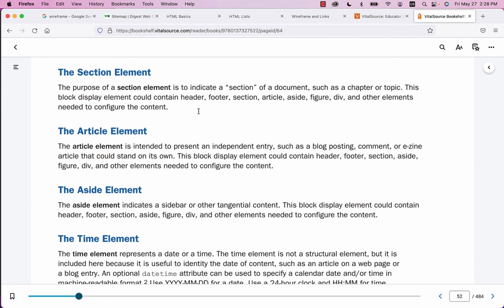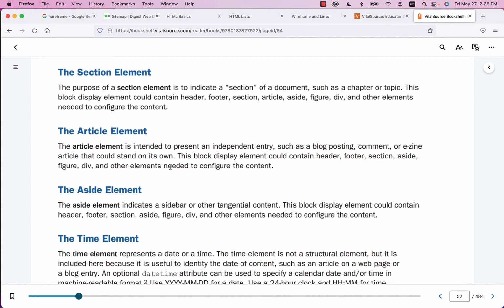So there is a section element. The purpose of a section element is to indicate a section. It's very similar to working with a div. So if you are wanting to group content, you can pick whether you're going to use a section or a div. Now, when it comes to the homework assignment, just follow the directions as they are given. So if it tells you to put it inside of a div, do that. If it tells you to put it inside of a section, put it inside of a section element. But these are all going to be a section opening tag, section end tag, and you'll see some examples of